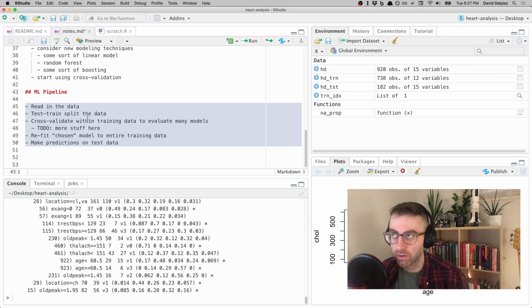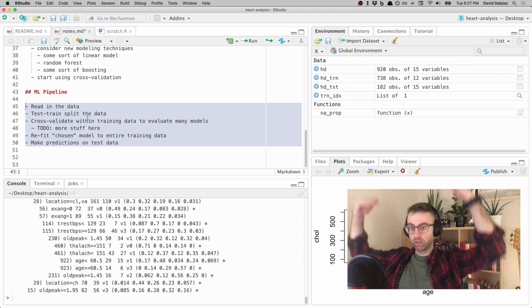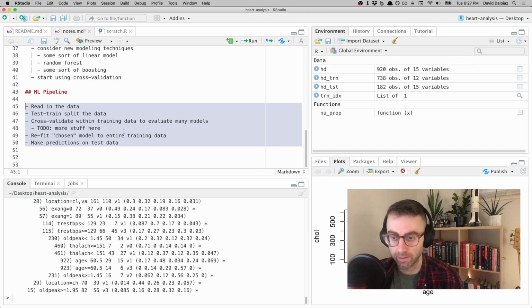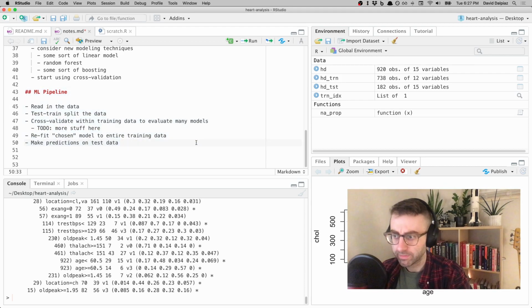But in the real world, depending on how deep into research versus using things practically you are, you probably don't want to have to do that each time. So you want to deal with a pipeline. There's a growing number of ways to do this in R. I think I mentioned previously,